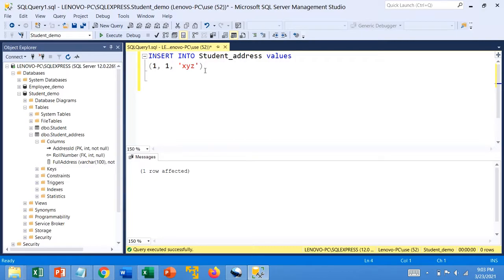Now let's try to insert multiple records at one go. We will keep address XYZ same for all the records. This is just for demo purpose. In ideal scenario, we will have different addresses for different student.